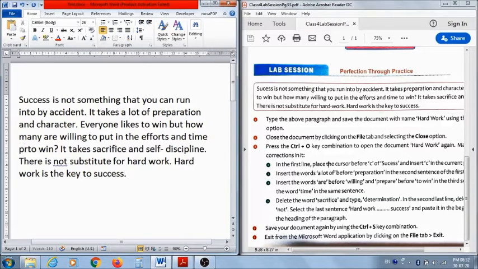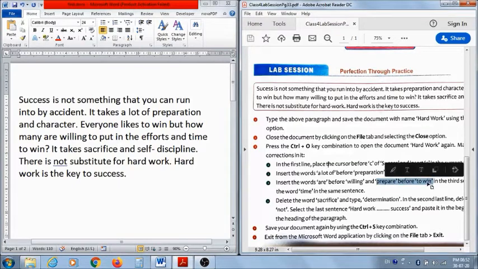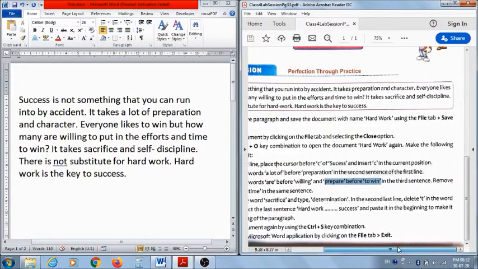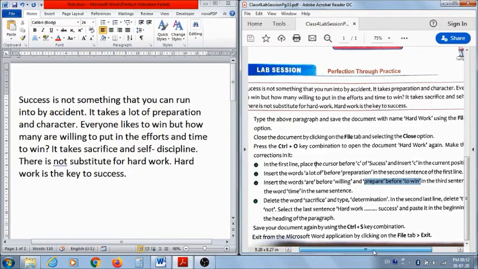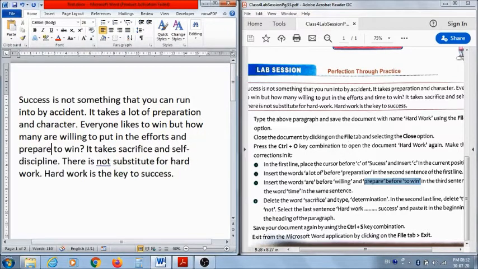What you have to insert? One minute. And prepare before to win in the third sentence. Remove the word time in the same sentence. Okay. So I am removing the word time by erasing it and typing prepare. Done.